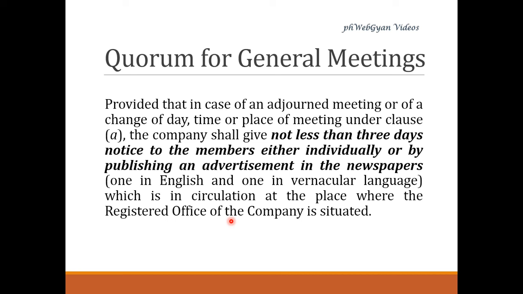Certain things have been provided under the secretarial standard as well. The secretarial standard applicable to a general meeting is SS2. It provides that if the meeting is adjourned sine die, which means the board has not decided earlier the time and place where the adjourned meeting has to be conducted, and the meeting is adjourned for more than 30 days, then the notice shall be as for other general meetings. All the provisions of notice shall be like the other general meetings.